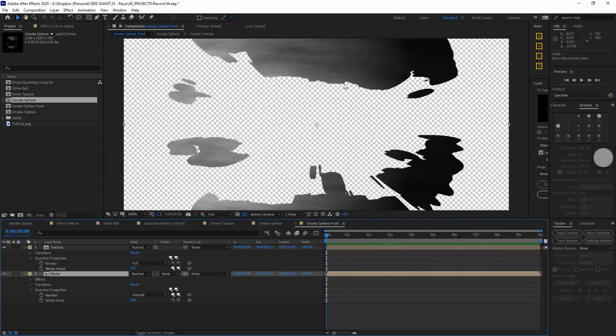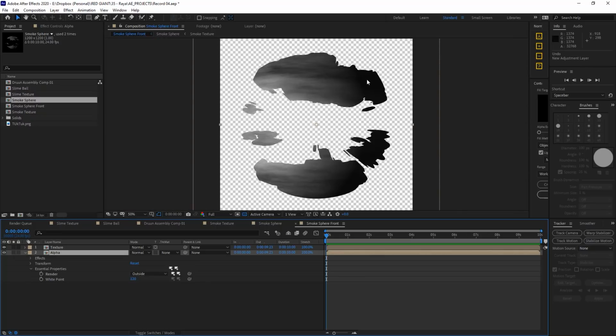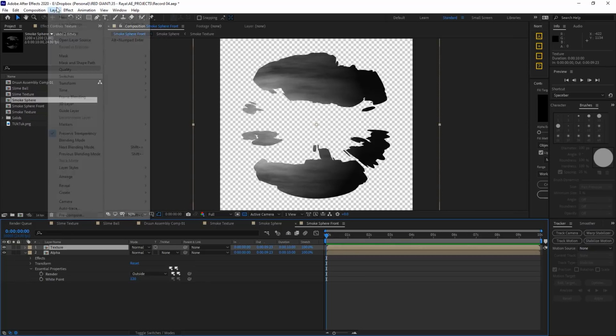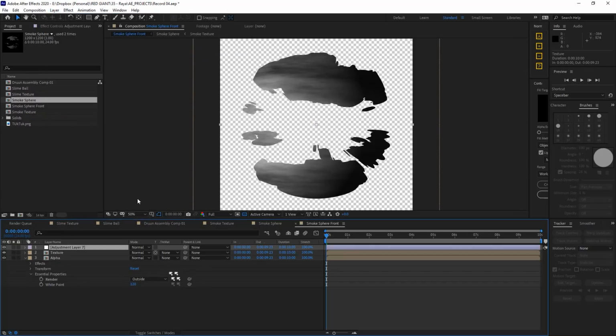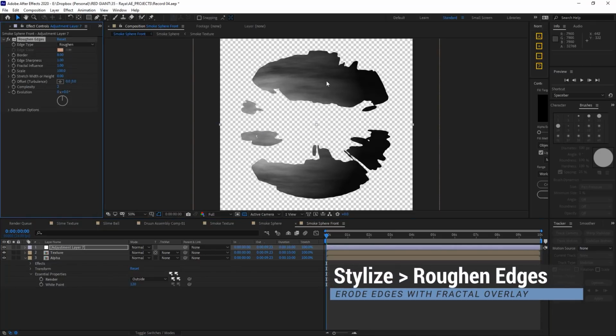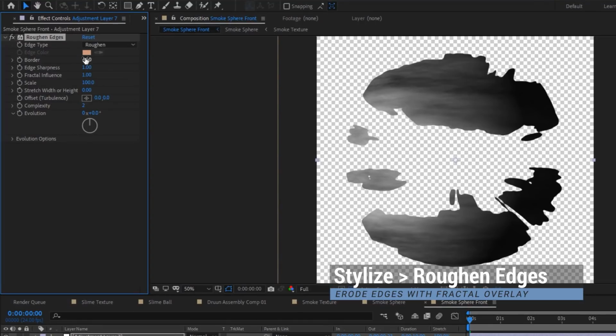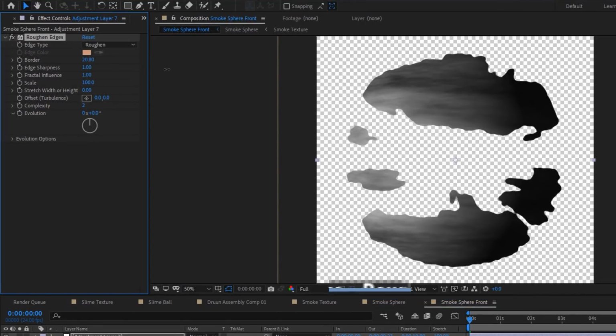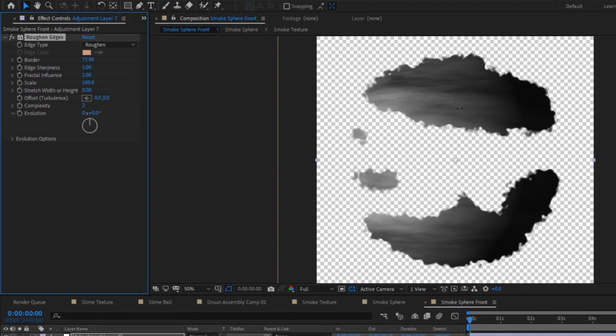Now the matte choker left these edges very crisp. So I'm going to add a top adjustment layer. Here I can soften the edges using roughen edges, which is basically an overlay of a fractal dissolving of the borders. So if I turn up the border like this, you can see that a fractal is eating away all the sides of it. I can stretch the width of this fractal out just a little bit,